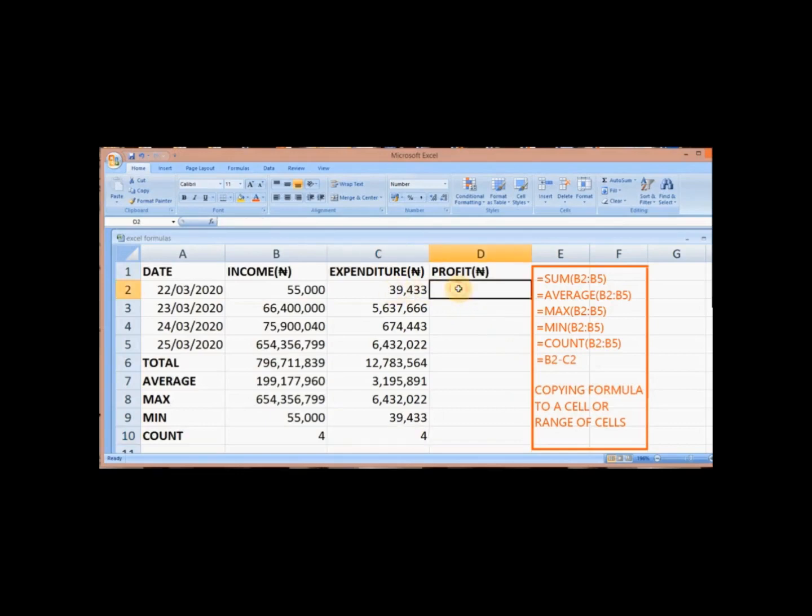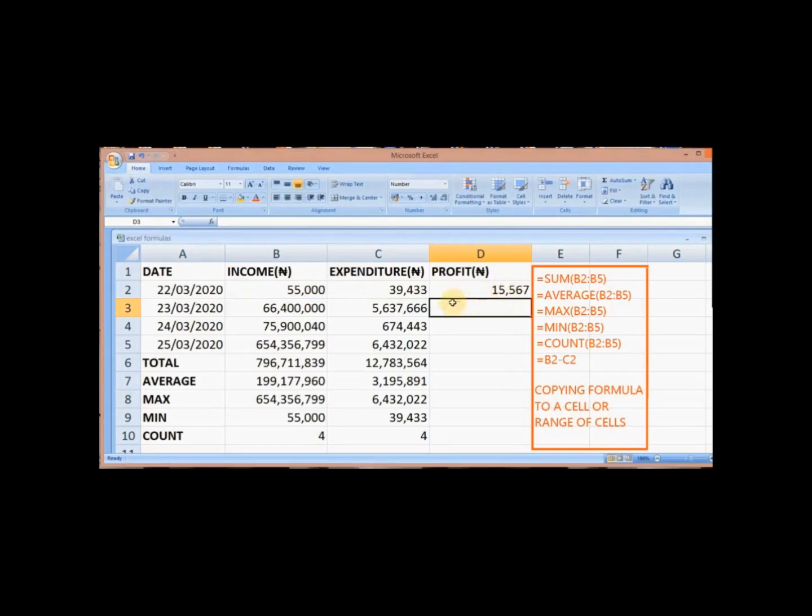You first of all do the subtraction: equals to B2 minus C2,